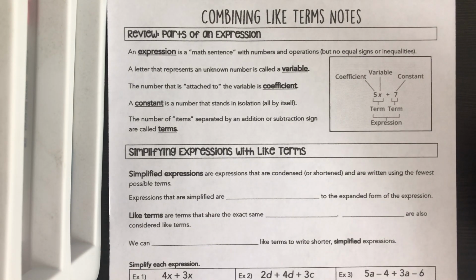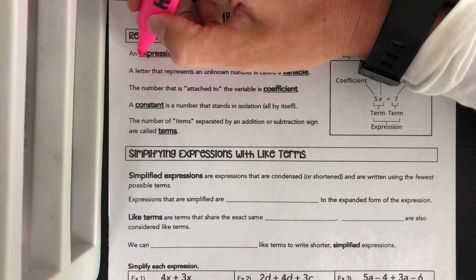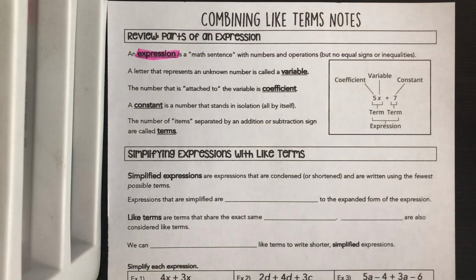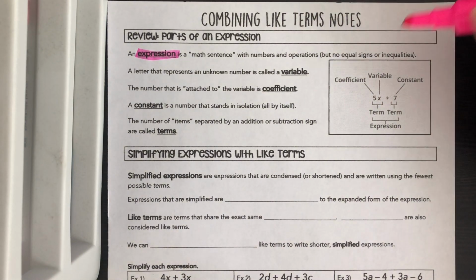This week we're going to start exploring equivalent expressions, starting with simplifying expressions by combining like terms. Before we get started, let's review some important vocabulary and take a look at the different parts of an expression. So first of all, an expression is a math sentence with numbers and operations, but no equal signs or inequalities. So this is different than the equations and inequalities we've been looking at because we don't see an equal sign